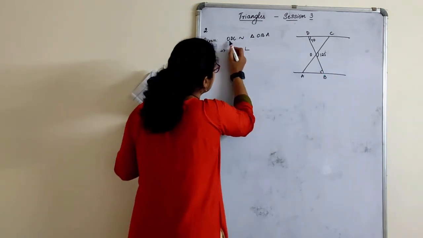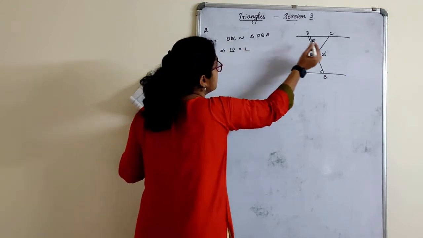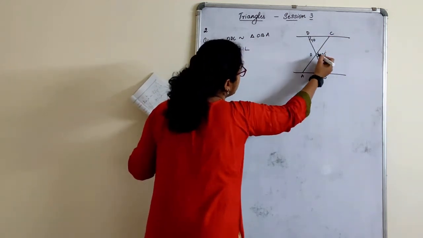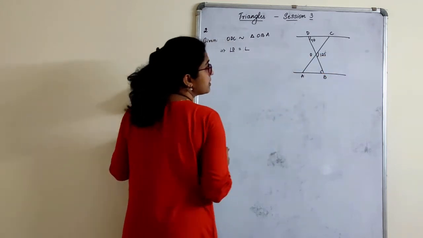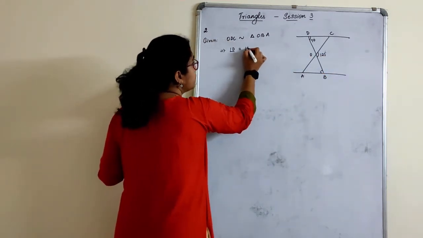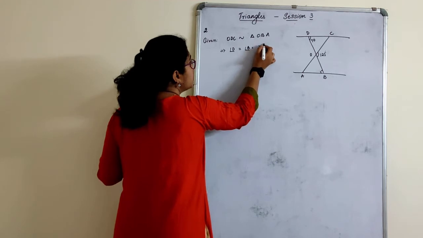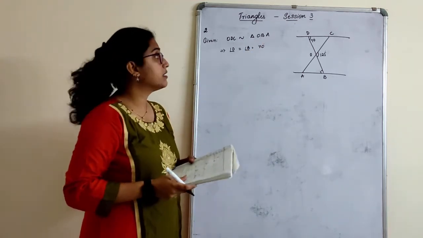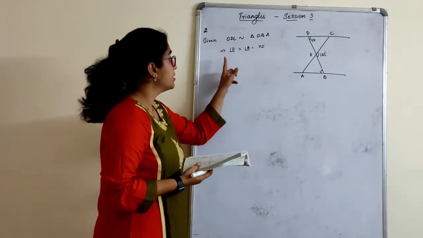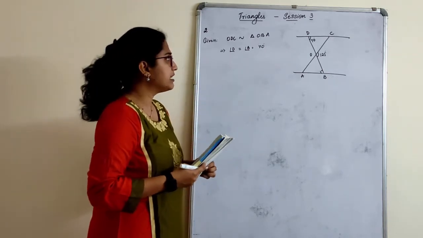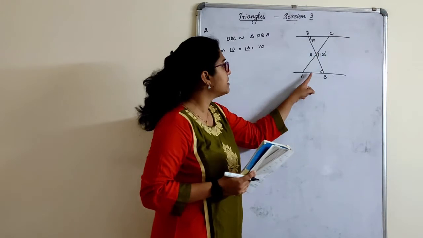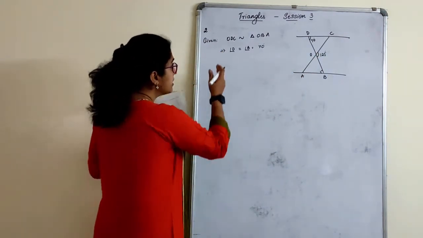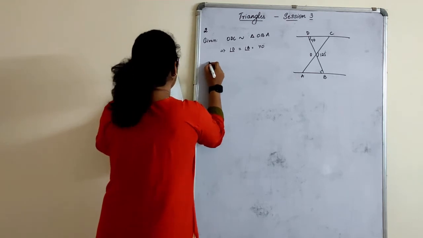Why can't it be here? ODC means here OBC with respect to this side OBA. So it has to be this angle only according to what they have chosen. That is equal to 70 degrees. Corresponding parts of corresponding similar triangles, these two angles are equal. Enough. Anything else? Even if C is equal to A, we are not aware about the angle. We'll find that later.